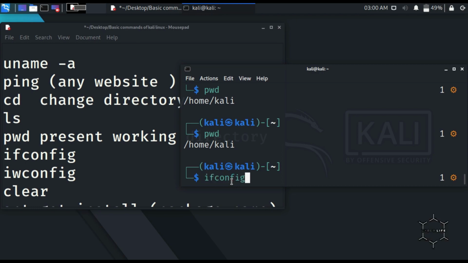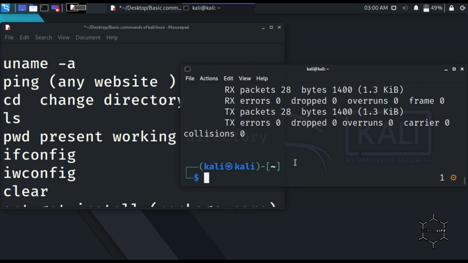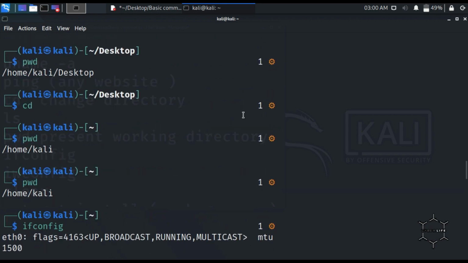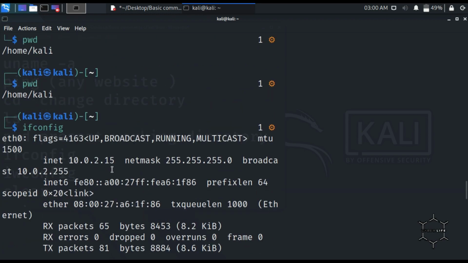ifconfig. By this command, we can see the interfaces which are connected on the laptop or the PC. I will maximize this, and you can see that when I write ifconfig, then Ethernet 0 is connected, which is the Ethernet connection. If your desktop is there, then you can connect it to the Ethernet connection.